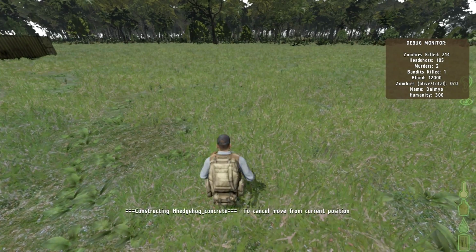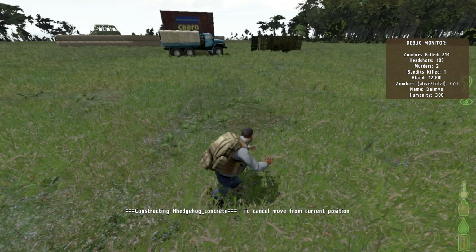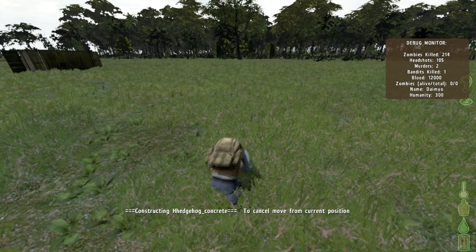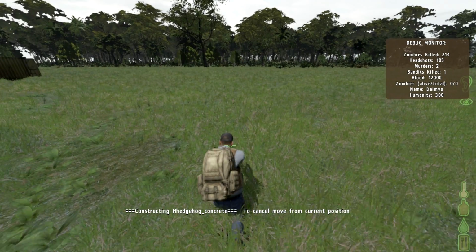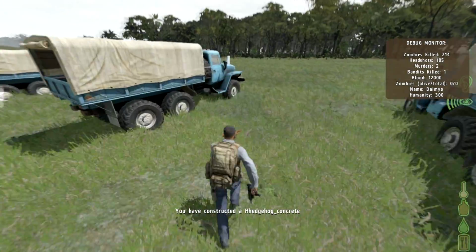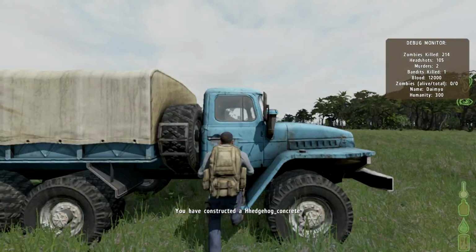Let's go ahead and build a camo net after this one. You can show how well it blends in with the forest. Trying to think of any other features. We have,